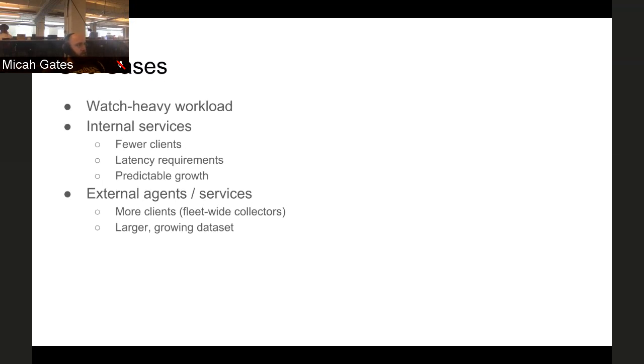But then our other use case is that we also use etcd for what we call our external clusters. The external clusters are clusters where the clients that connect to them are not just our own clients. So for example, the collector agent that I mentioned earlier, which is a local agent that runs on your hosts and you emit metrics to, and it handles the rest from there. That runs fleet-wide. So pretty much every single host in all of Uber's physical and cloud zones is running these local collectors. And so we have a much